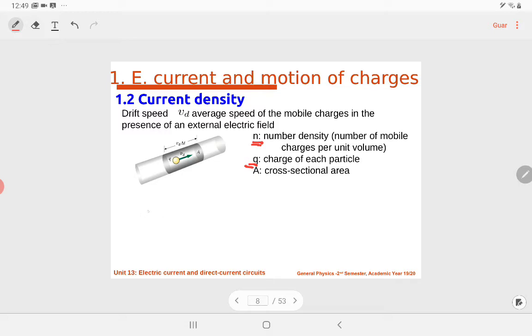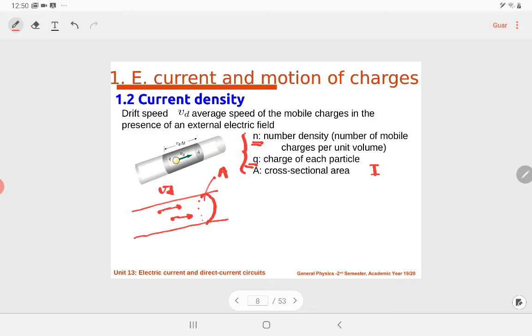Okay, so I'm going to do another drawing here. This is the same idea. This is the area A. And I'm going to try to relate the intensity, the electric current I, which is macroscopic, with these more microscopic quantities. Okay, so this is the area that the charges are going to cross, and these are different charges that I have in that piece of wire, and I'm thinking that they are all moving at the same speed, though we know it's not true, but in average terms we can work with it as if it were true. So each of them moves